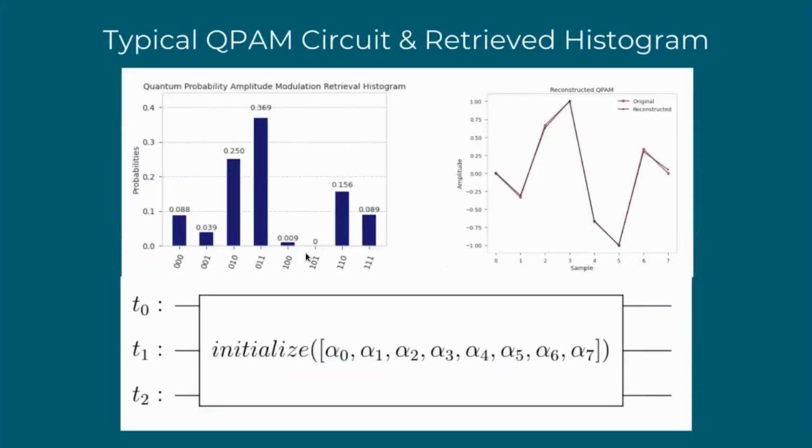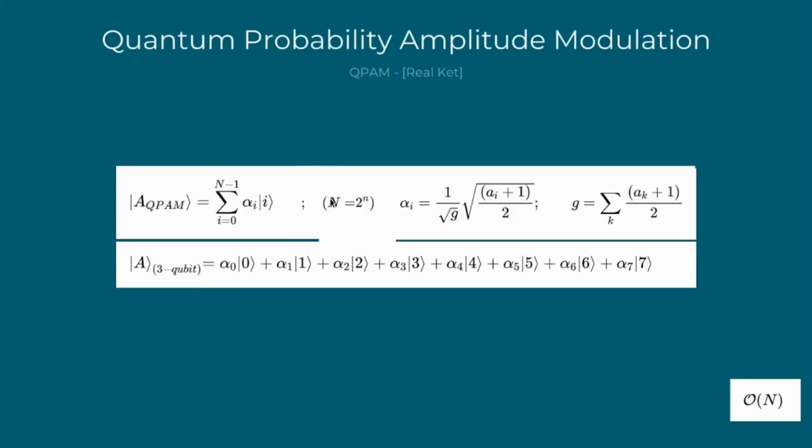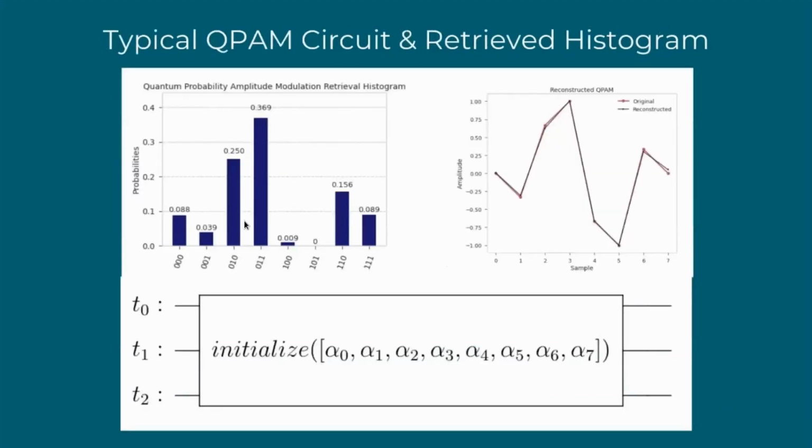So this is just a simple superposition. A circuit for this is really just an initialize gate. You get all of your probability amplitudes and say, please put me in that quantum state, and that is the quantum audio state. For retrieving it, you run the circuit several times and then look at the statistics,